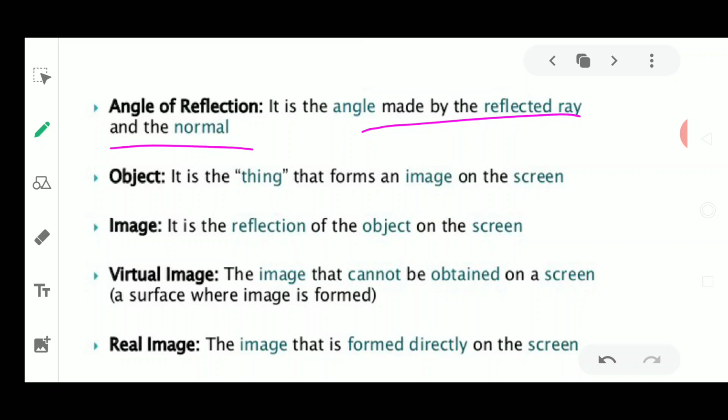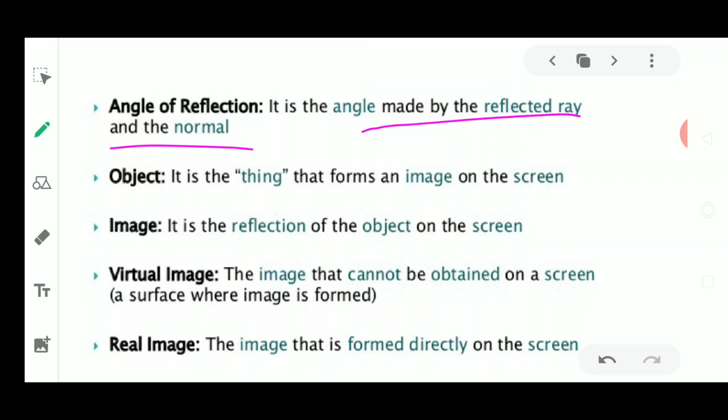We are just receiving the light which is falling on the surface of any opaque object. Are we able to see that a table is reflecting the light? We only see the light falling on it, and it is being reflected. That reflection part is not visible at all, but it is happening, and that is the natural phenomenon because of which we are able to see things. So the angle of reflection is the angle which is made by the reflected ray and the normal.